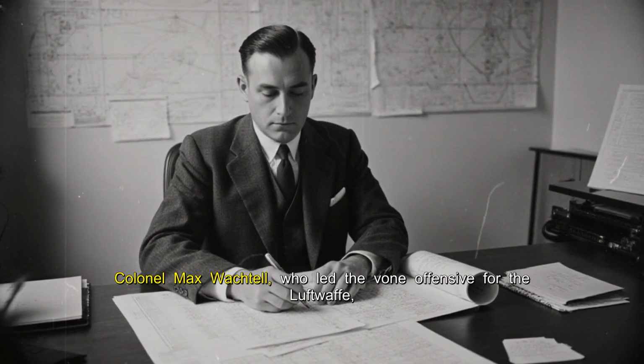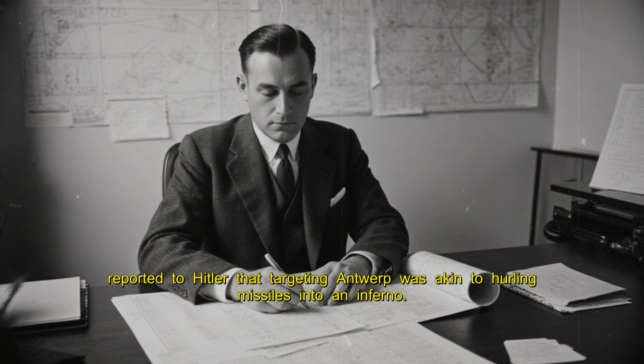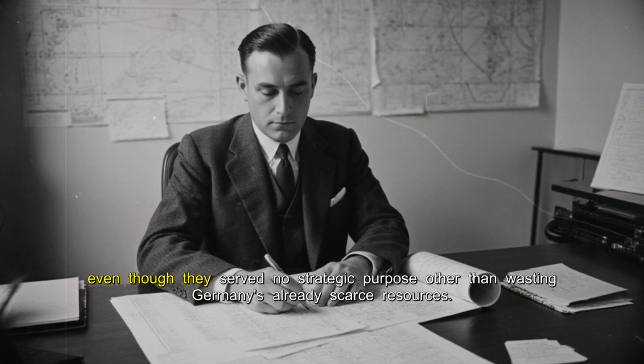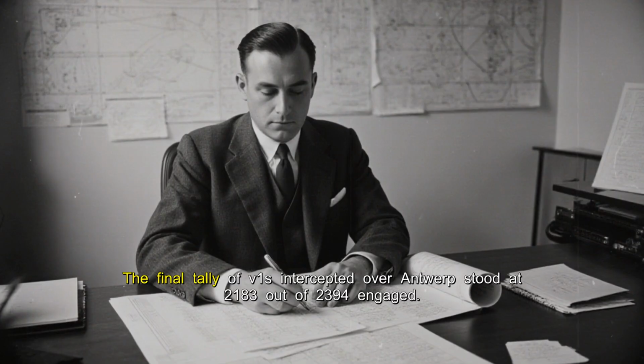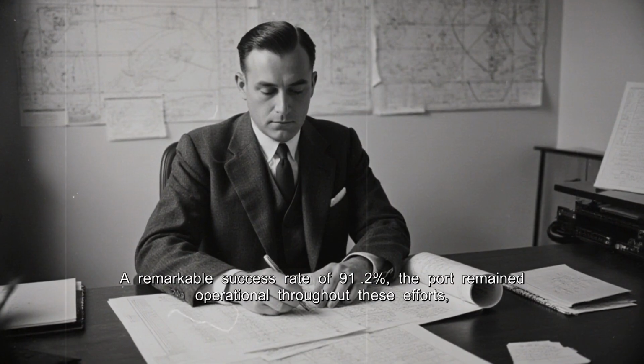Colonel Max Wachtel, who led the V-1 offensive for the Luftwaffe, reported to Hitler that targeting Antwerp was akin to hurling missiles into an inferno. Despite this assessment, Hitler insisted on continuing the attacks, even though they served no strategic purpose other than wasting Germany's already scarce resources. The final tally of V-1s intercepted over Antwerp stood at 2,183 out of 2,394 engaged, a remarkable